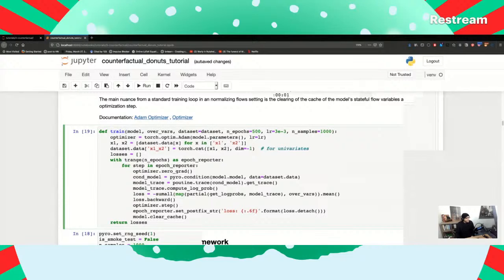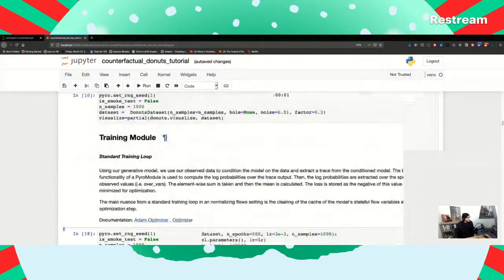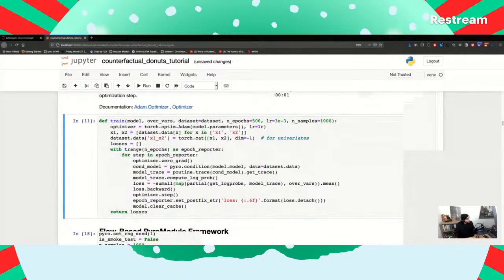So this get log prob must be getting it from this trace for a specific value here. I don't know how you would just get them all at once. Well, I guess that's what he's doing. You're getting them using the map function for each variable in this over vars and then summing them all up. I wonder why I have to do all these steps to get the log probability from a condition model. It's been a while since I looked into the guts of Pyro, so maybe that's how it works. Let's run this code here.